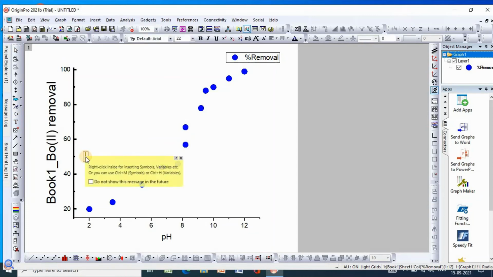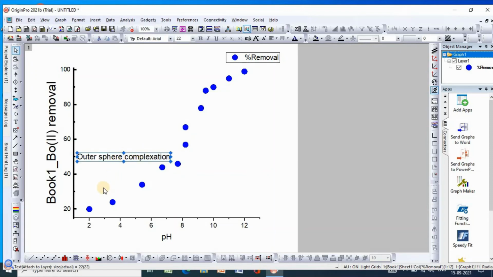For example, I would like to write here outer sphere complexation, because in case of metal ion adsorption, outer sphere complexation occurs at low pH.